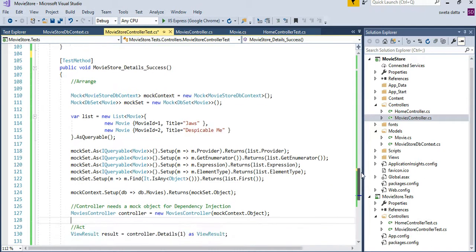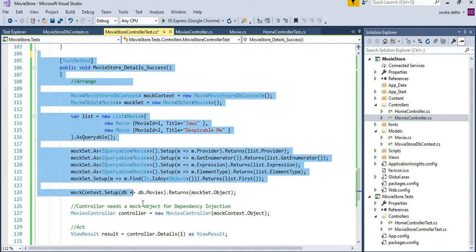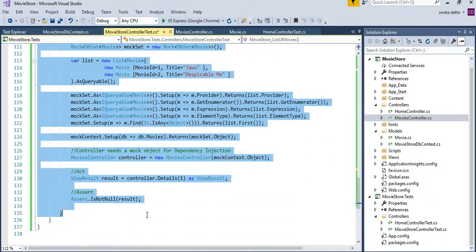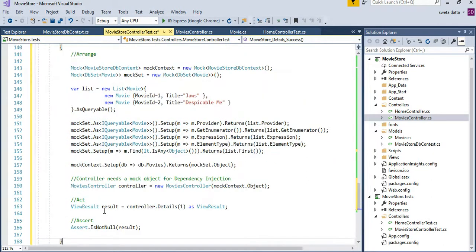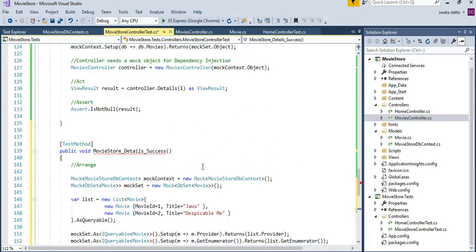Okay, so let's look at these other two. So details,